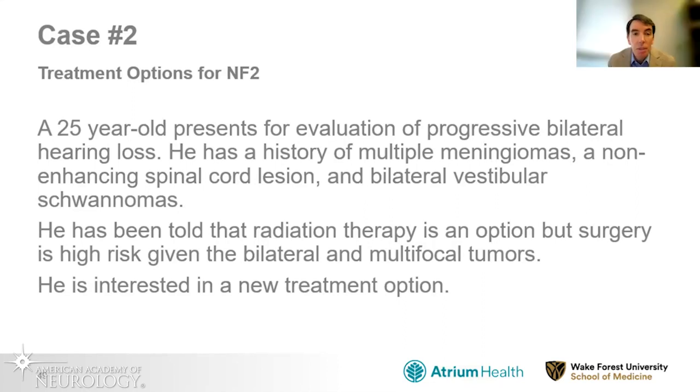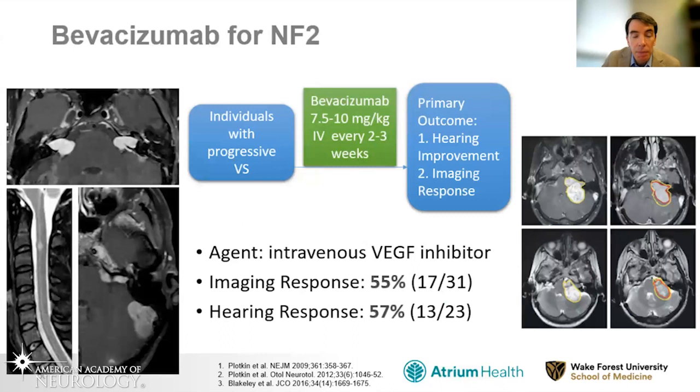What is the new treatment for NF2 that we're excited about, that we just love to give because it really helps to avoid surgery and radiation? That is a treatment called bevacizumab. I'd like you to just know about this. This is a treatment we have. These NF2 patients, we looked at them in the beginning, have multifocal tumors. We can't do surgery. Radiation can cause cancer in this tumor predisposition syndrome, and bevacizumab is changing the lives of